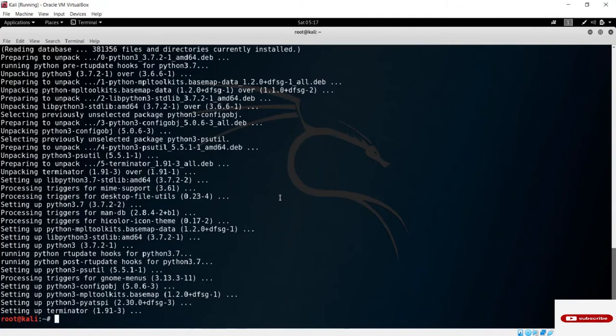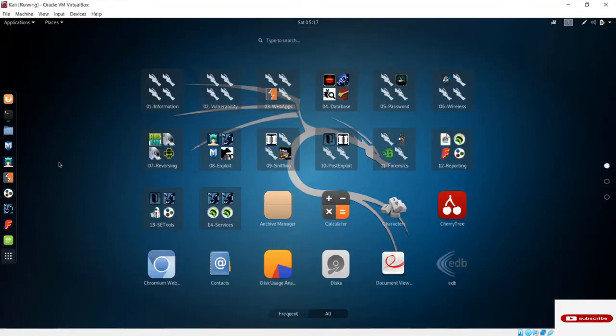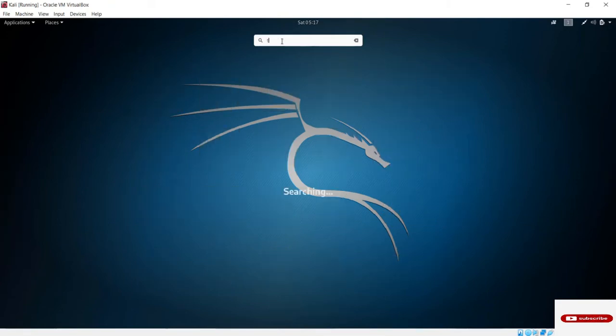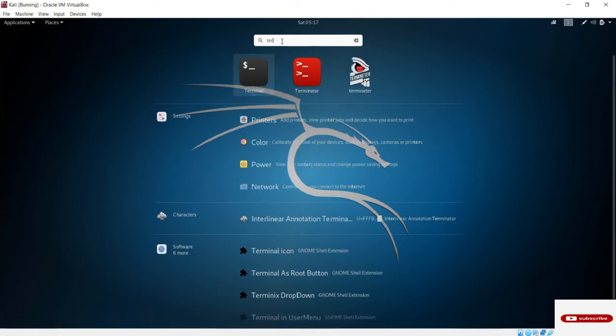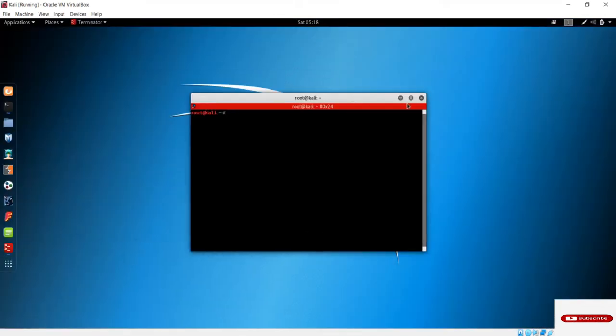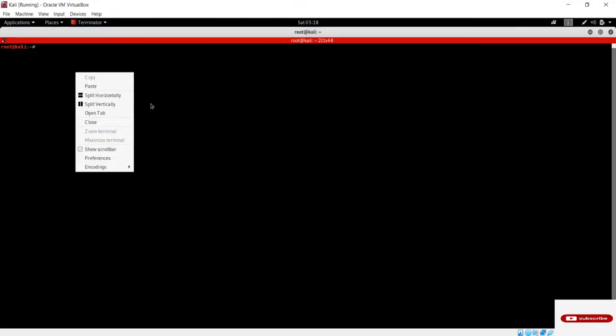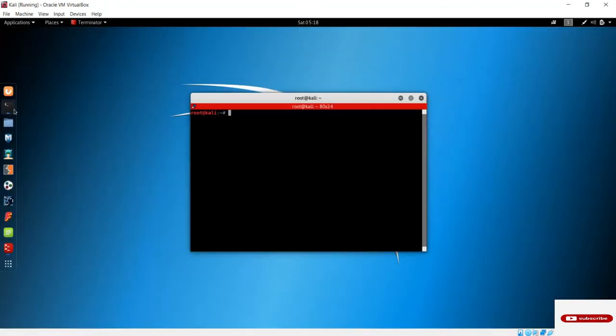So we have successfully downloaded the Terminator. Let's go back again here and search for the Terminator. There is a lot of lag in the processor, so let me search for Terminator, and it is right here. When I press Terminator, it is going to give us the same screen, same as the